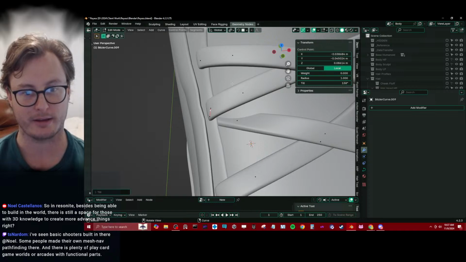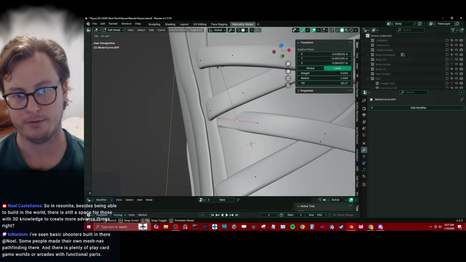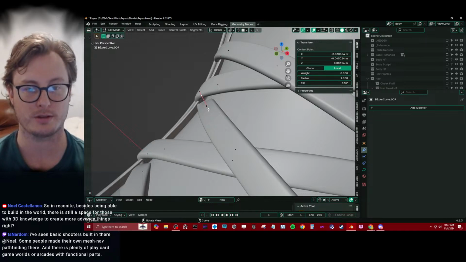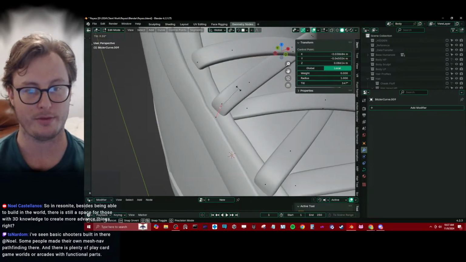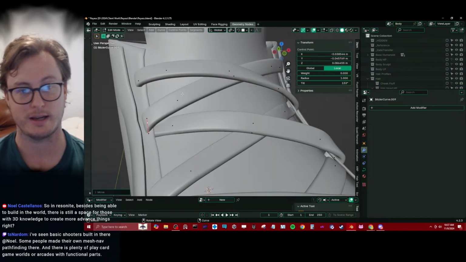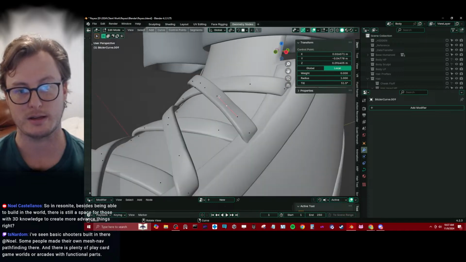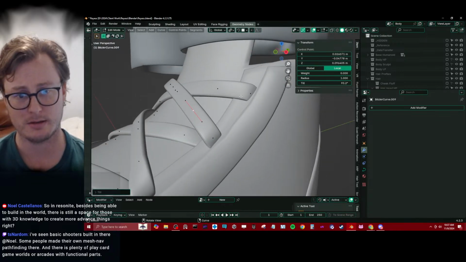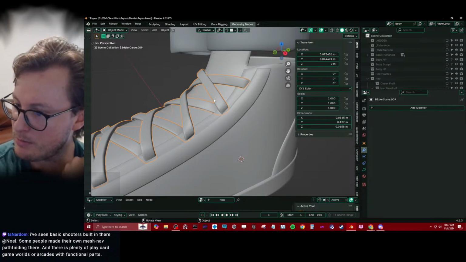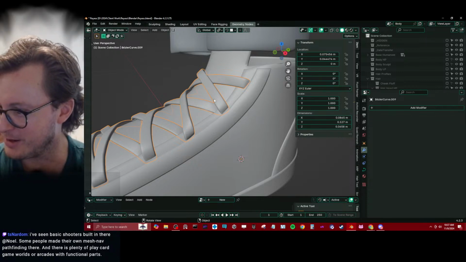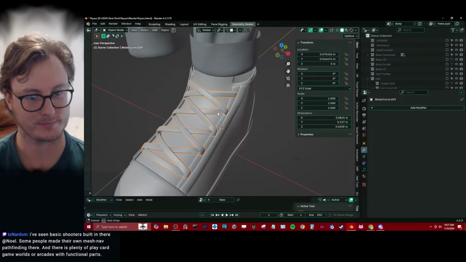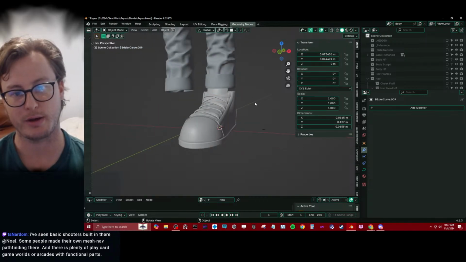But in terms of if you're a game dev, there are limits, but there's not a lot that's preventing you from just making whatever you want, whether that's an enemy, or I saw someone make a nav mesh system the other day. I've seen basic shooters built in there. Some people made their own mesh nav. There were plenty of card game worlds or arcades with functional parts. Someone I talked to regularly, Jack,